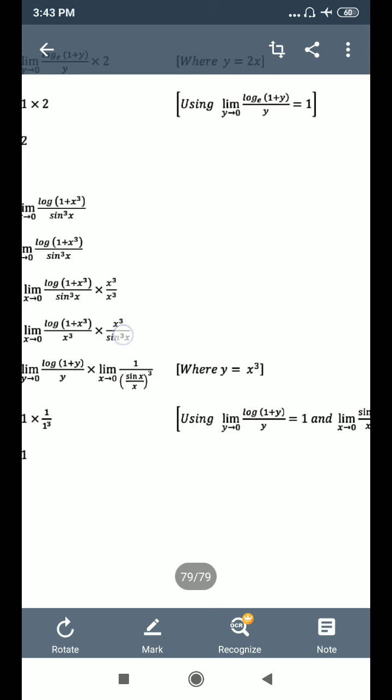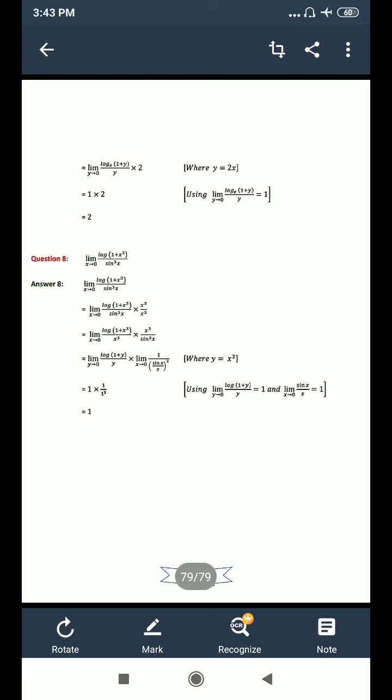Secondly, this will become (sin x plus x) whole cube, I mean (sin x upon x) whole cube. As I explained to you, limit x tends to 0, sin x upon x is 1. So you put any power on sin x upon x, that will also be equal to 1, because we can write this as 3 times: sin x by x into sin x by x into sin x by x, limit x tends to 0. So each term is equal to 1. So you can directly write any power on sin x upon x, limit x tends to 0, will also be equal to 1. So in this way, this is 1 and this is also equal to 1. Over here, you can directly write it as 1, or you can put x cube equal to y. In both cases, it is correct.